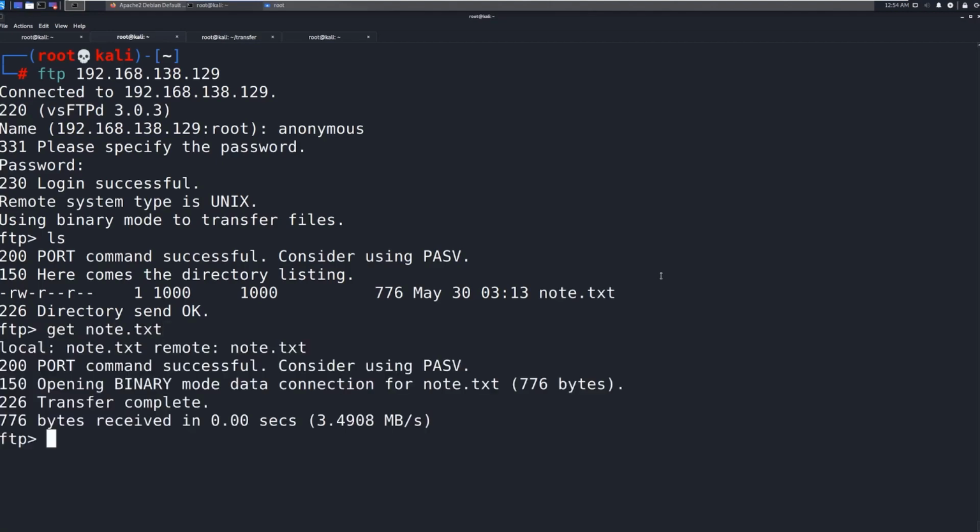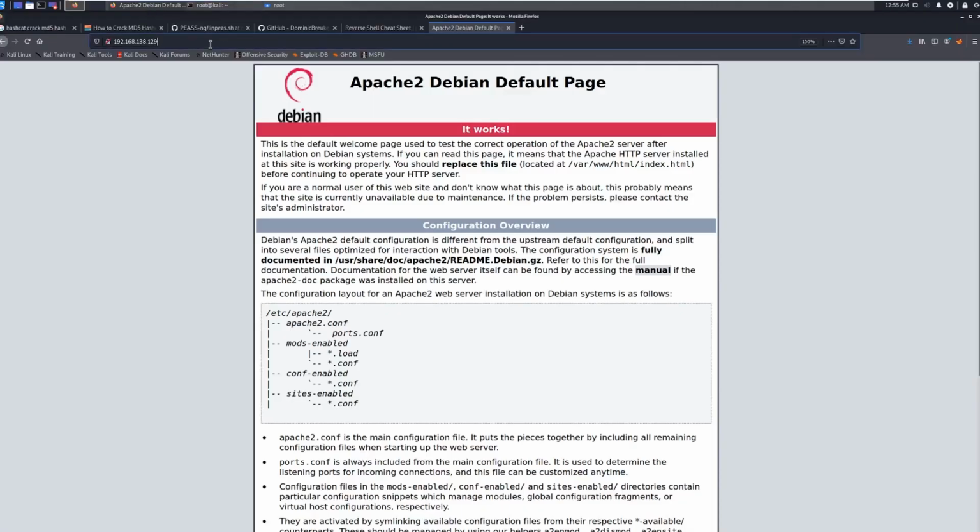So the option here is we have FTP open. Now, there's a possibility that we could utilize this. With FTP we have the ability to put files and get files. We just got a file. We can come put something on here. The only issue is we don't know where on this machine this note.txt is stored. If for some reason this note file was stored in, I don't know, this Apache server, if we came in here and went to